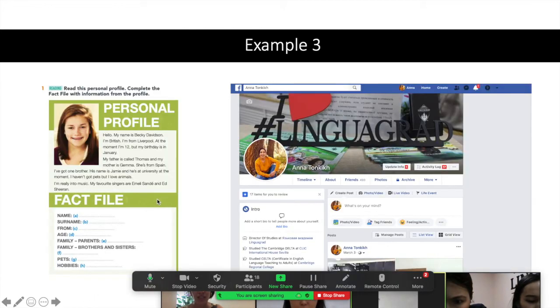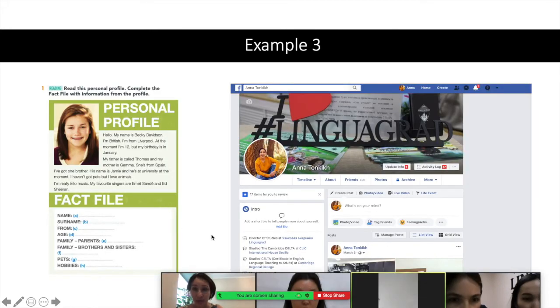What I mean by that is the following. Look, if I take example number 3, and I want to focus on the verb to be and making introductions of classes and so on, my way of making this activity more realistic would be not to scan the page and ask my student to complete the gaps.